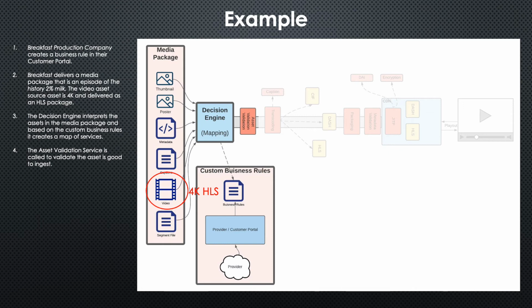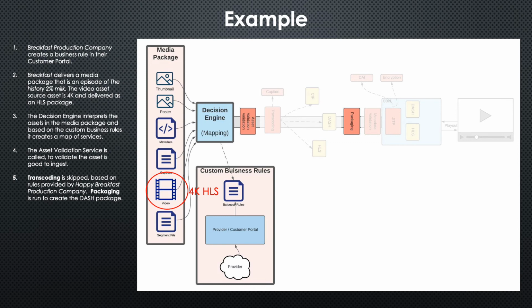Now at that point, because of the business rule that's chosen, the mapping service is going to make a map of what services need to run. So in this example, the first service that needs to run is going to be the asset validation service. So the fifth step would be that after we validate the asset for quality, we're going to go ahead and